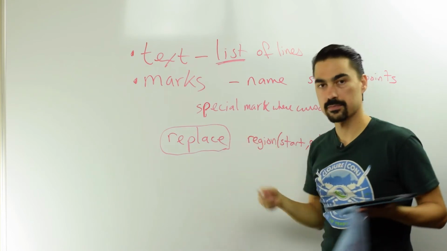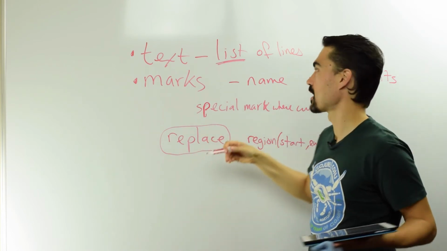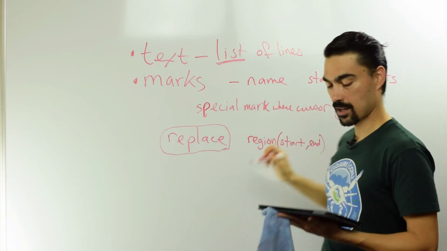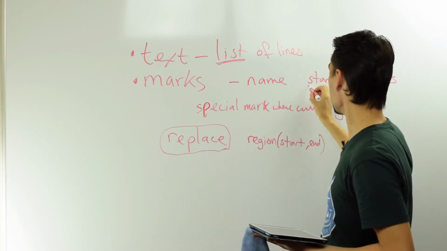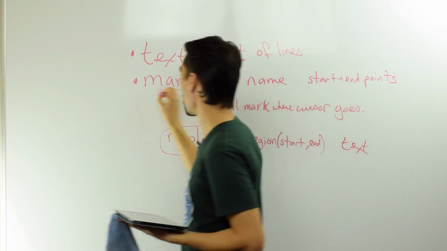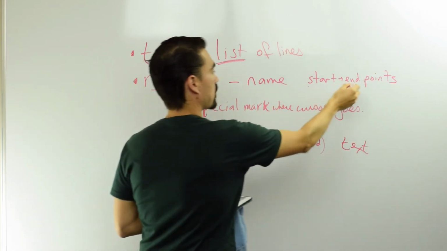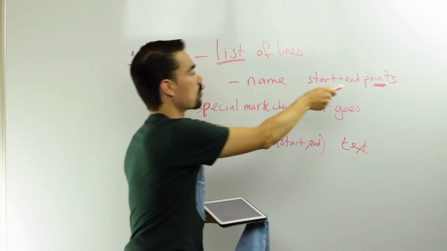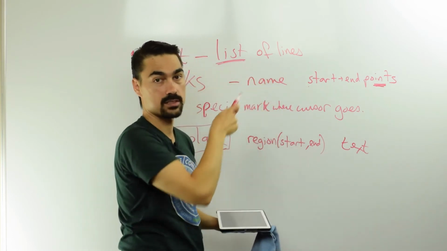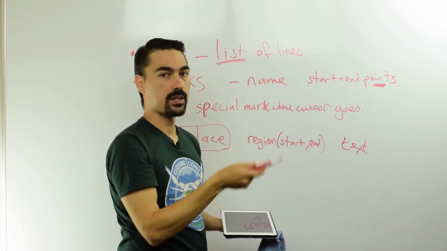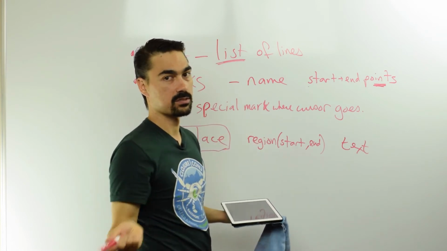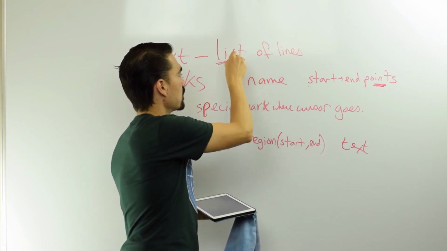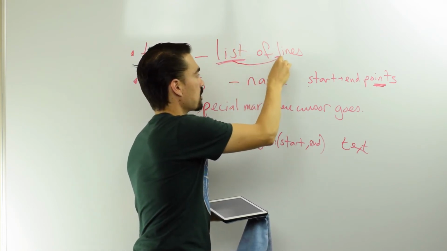Okay, also, there's a lot to say. It's multidimensional, so I can't just linearly put it out there. If you have a mark, which we said is start and end points, so what is a point? Well, a point has to be a coordinate into the list of lines. So it's not just one number, like an index into a list. It would have to be an index into the line and then the position in the line,